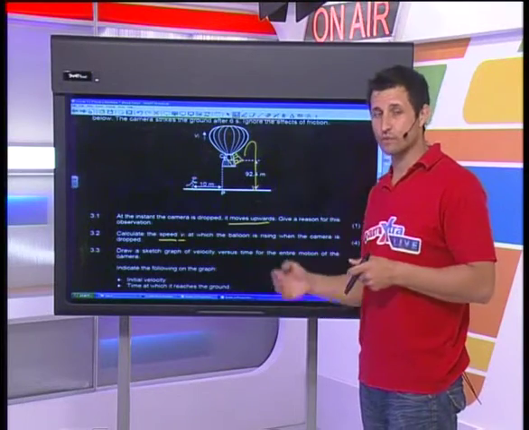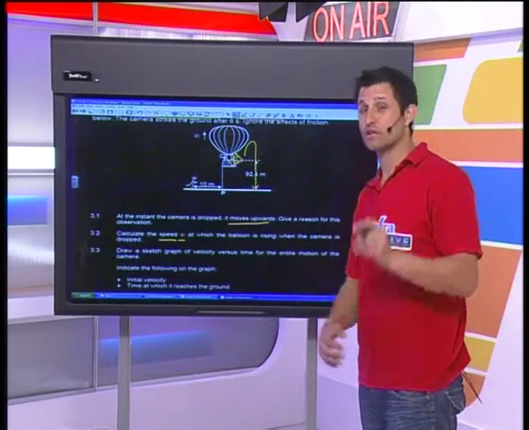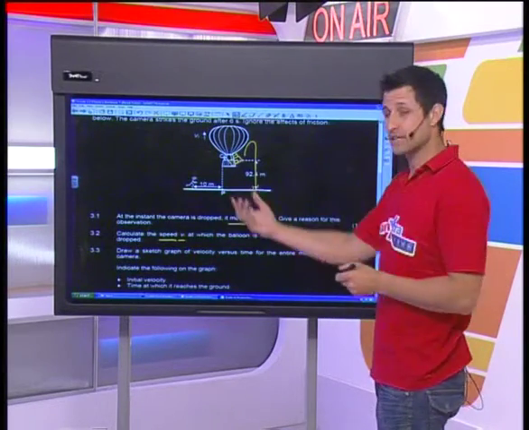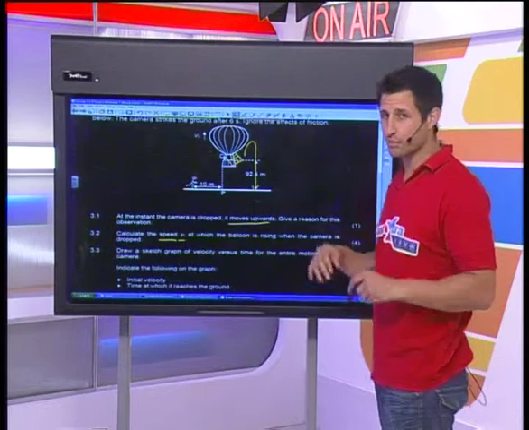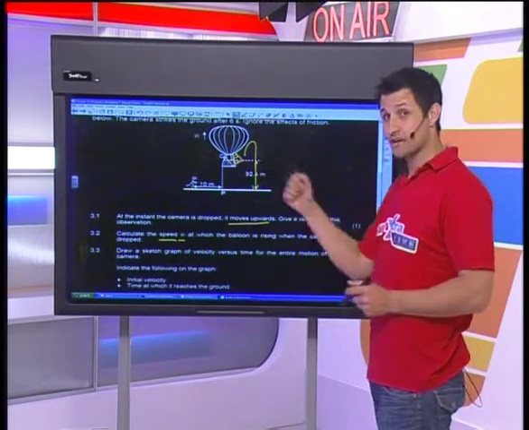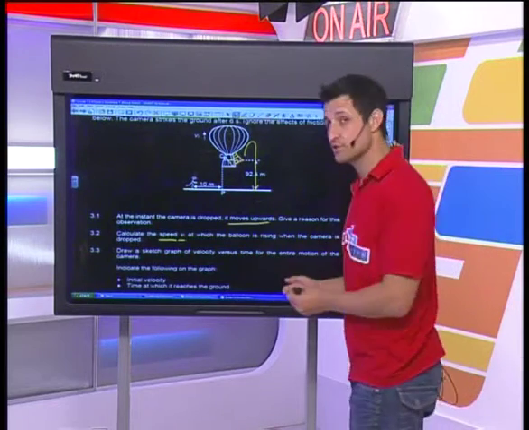DDTE: diagram, direction, table, equation. So what I'm going to do is diagram first. I've drawn my diagram here. I've drawn what I think is going to happen. I always draw pictures. I cannot do physics without pictures. So diagram first. Then I'm going to choose a positive